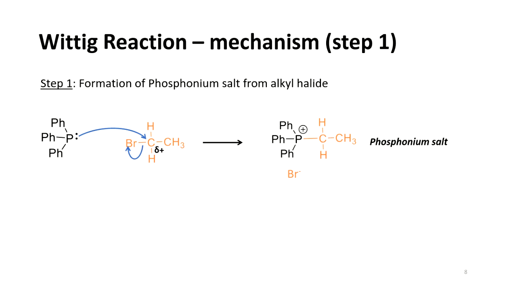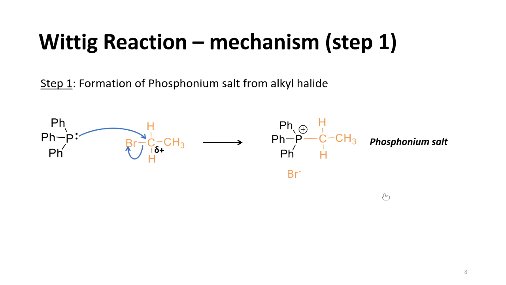Can someone tell me what kind of reaction is taking place here? Very good, SN2. Justin, why couldn't it be SN1? Remember, SN1 goes via a carbocation. SN2 is concerted. As the nucleophile is coming in, the halide leaves at the same time. Great. So the first step is we are substituting our bromine with our phosphorus, and we end up